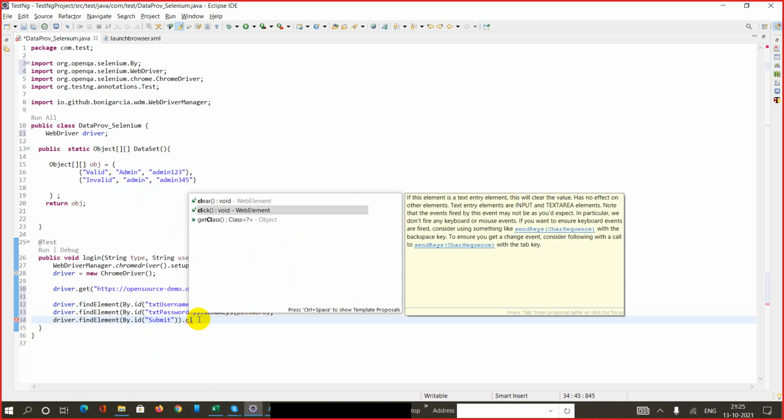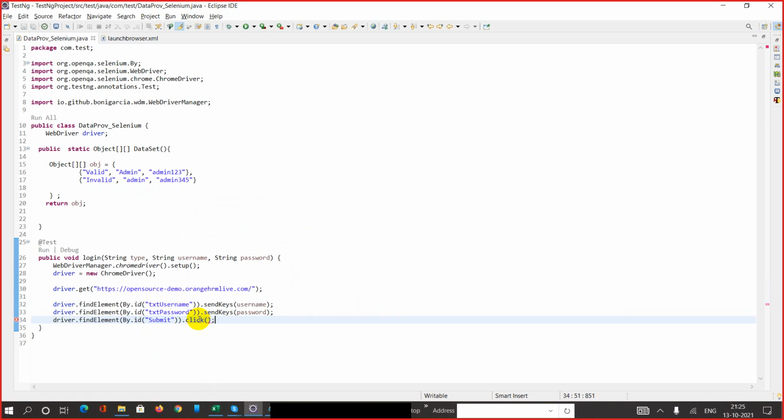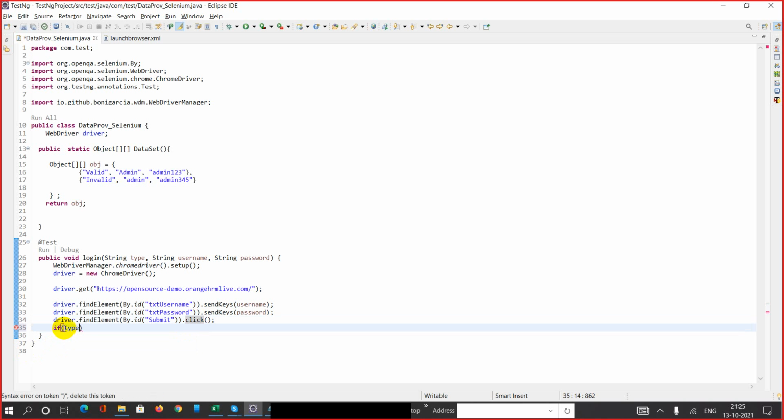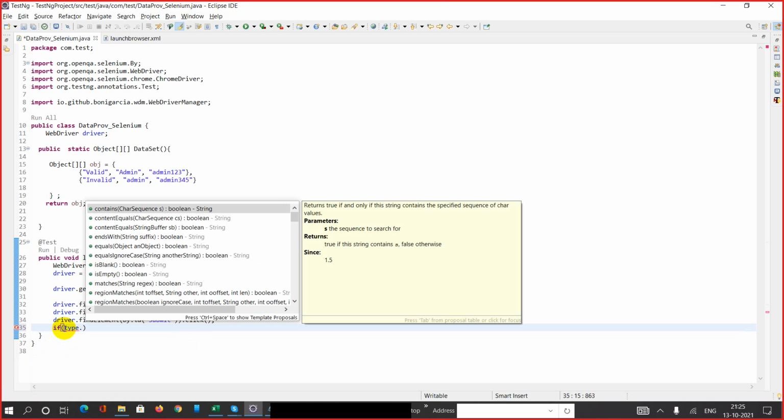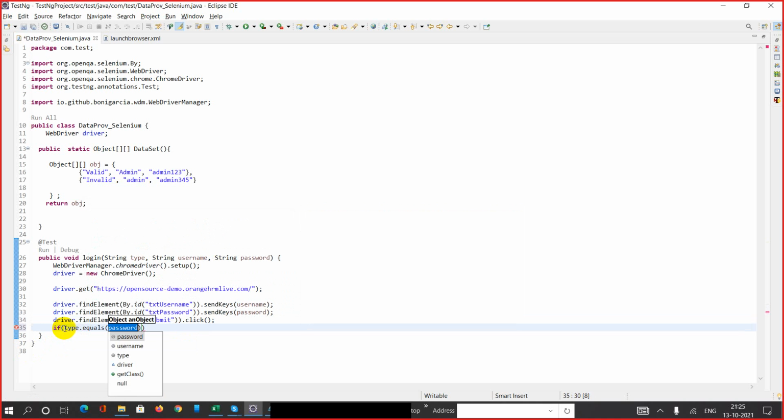This is for my button, that's it. Now what I need to do over here is use the if condition. If type dot equals valid, then what happens? If type dot equals valid,